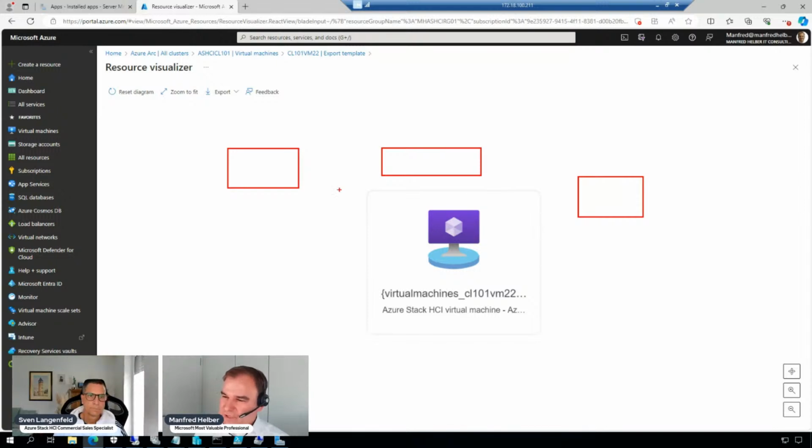Then you could say for each new location, we will deploy a new domain controller, a new file server, and, for example, a new application host, everything based on this virtual machine here. And this is similar to what you have in System Center Virtual Machine Manager. Those of you that know System Center Virtual Machine Manager, there we had service templates.